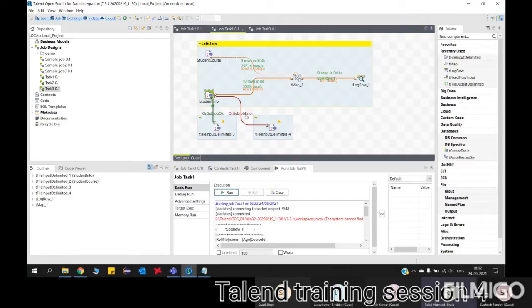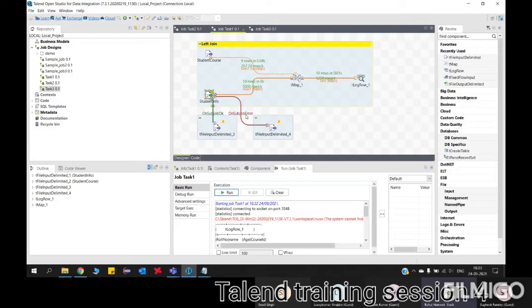Why? Because the current component did not have any error. If there was any error in that component, it would have gone to this flow. But since the current subjob executed successfully, it has gone to the on subjob ok component.